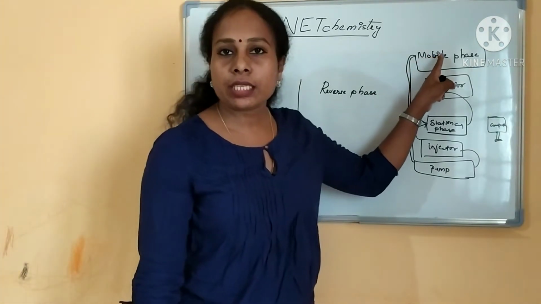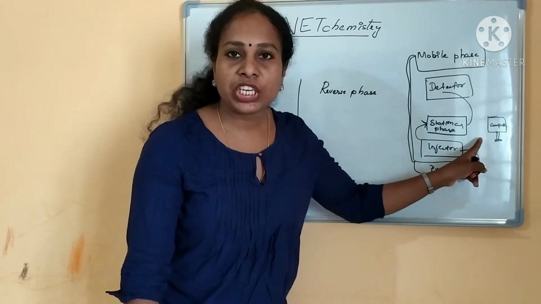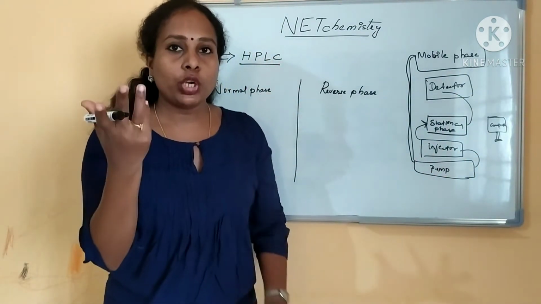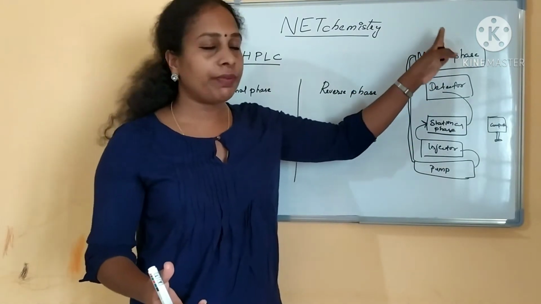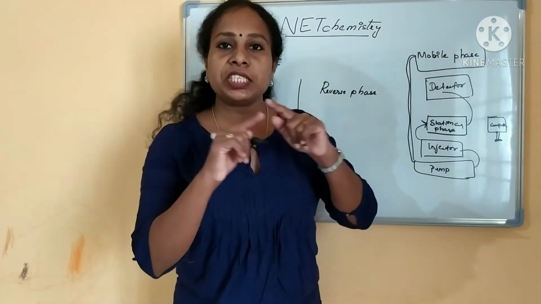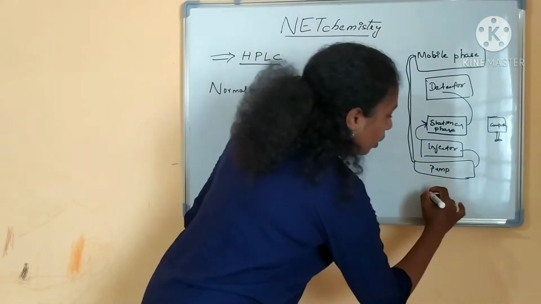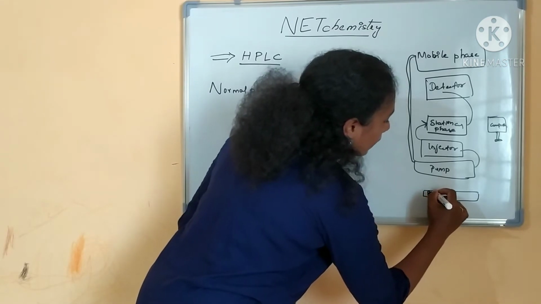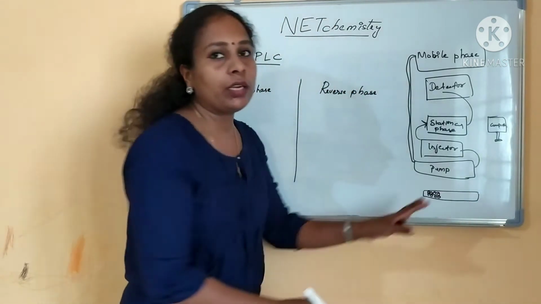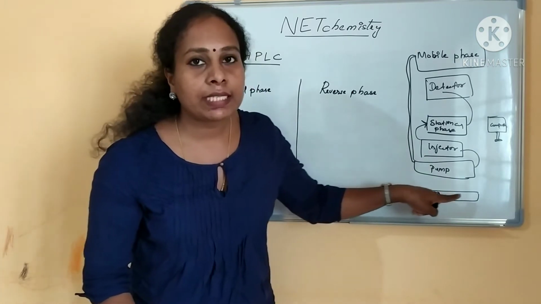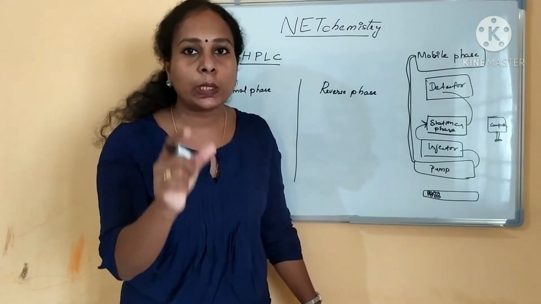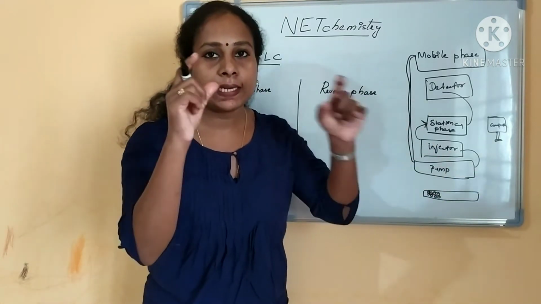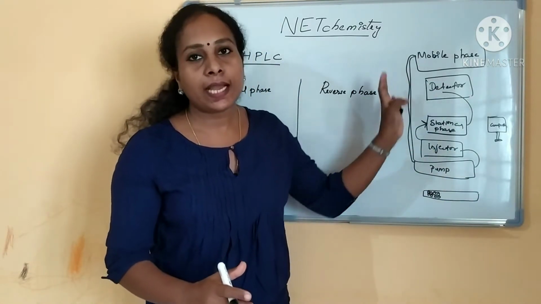If you see here, there is a mobile phase and here there is a stationary phase. The mobile phase is the solvents, that is liquid. In a bottle we keep the liquid, different solvents, as mobile phase, and the stationary phase will be a packed column. Different materials are packed in the column, closely packed. If your sample passes through this, depending on molecular size, retention time and wavelength, the particles will get stuck in that column. That is the way it analyzes.